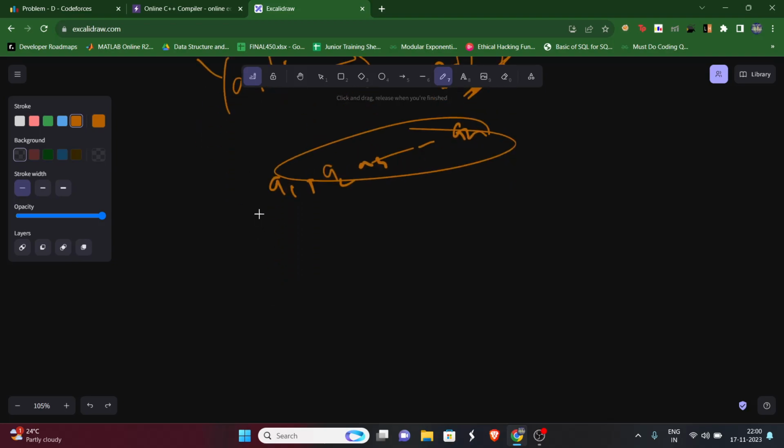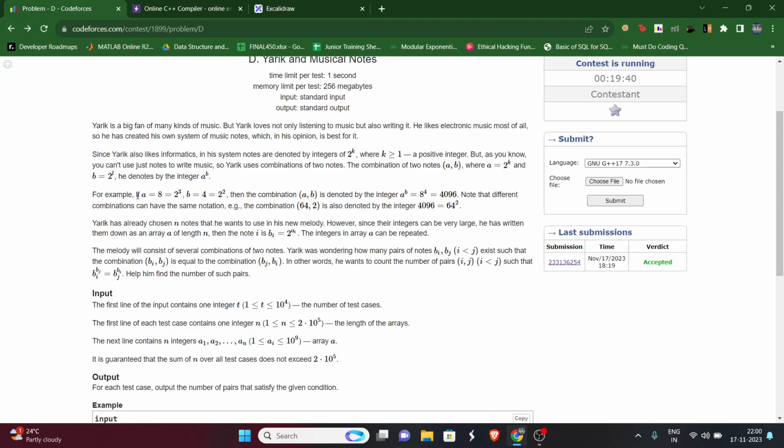Now, what he needs to do is produce music. So let's say it's like a keystroke. One note is one keystroke, another note is another keystroke. To produce some music, he'll have to combine two notes. So if you see the example, let's say there is one note A and another note B,